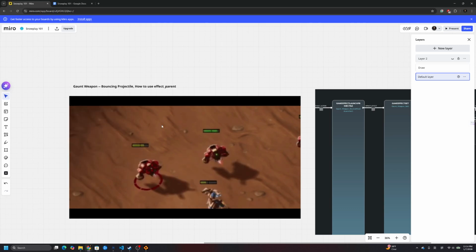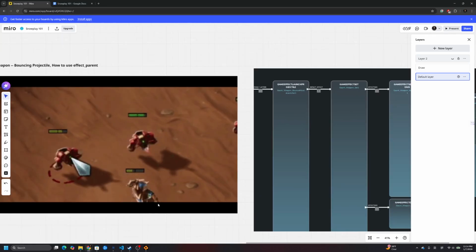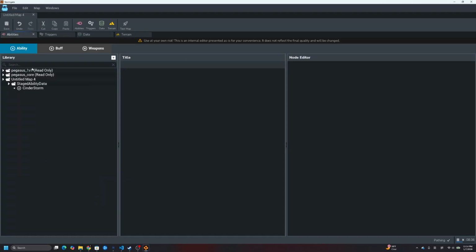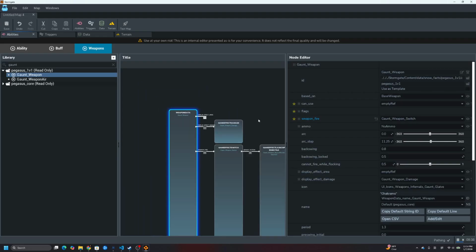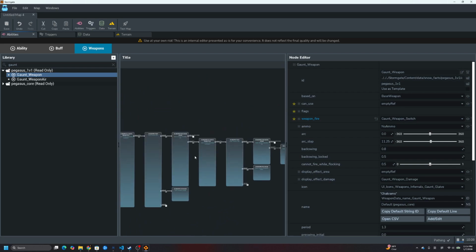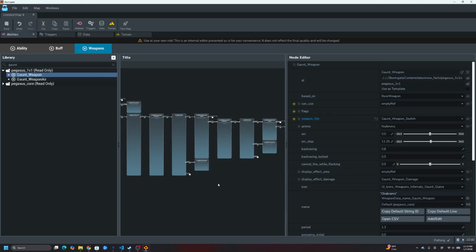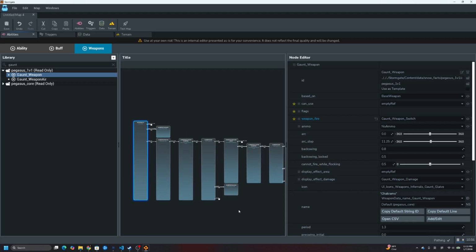So this is Gaunt's weapon. It's a bouncing projectile. It can actually bounce 3 times, but I'm going to just show you the first two projectiles. If you look at the ability editor, you can see ability, buff, and weapons. Actually, three different things. And if you take a look at this, you can see the whole chain, how these trigger another effect. And so if you prefer more visualized stuff, you can check these